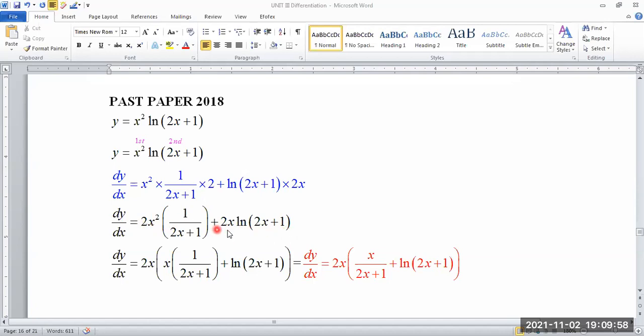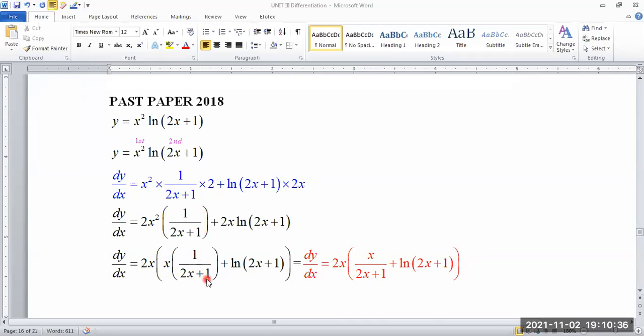So I say 2x favors 2x right here. Because the two of them favor, I'm going to take them out. And then what is left has to be x. How do you know, sir? Because 2x times this x gives me 2x squared. True, sir. And then I'm going to put back this 1 over 2x plus 1 because there's nothing common. I'm going to put back the special term. And because I take out the 2x, all of it comes out here, so there's going to be 1 that is left. And that 1 is going to be multiplied by the ln 2x plus 1. So this is even a simplified version compared to here because I factorized.